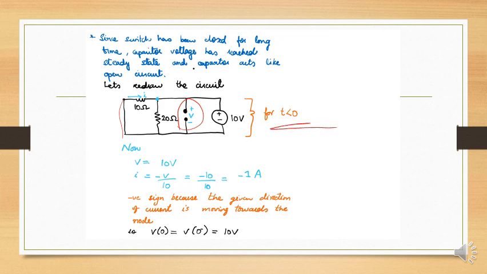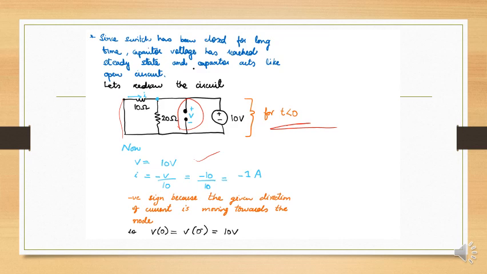You have to find the V and I, this one. V is 10 volts. Why? Because this is directly connected with this, and these two nodes are also connected with it. All these three branches are in parallel with each other, so we don't need to worry about it. We know that it is 10 volts. I is V over 10. Why? Because we have to find the current for this branch, and this branch has the current V divided by 10, that is minus 10 over 10, which is equal to minus 1 ampere.